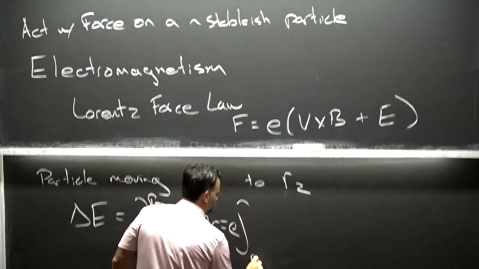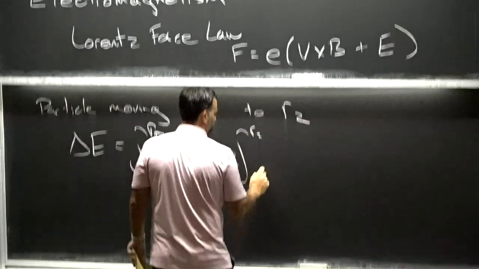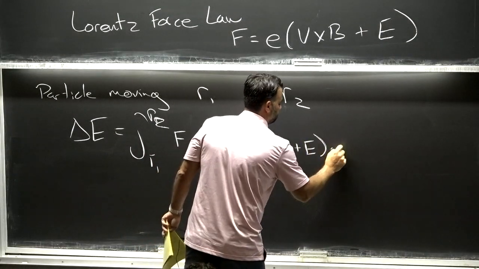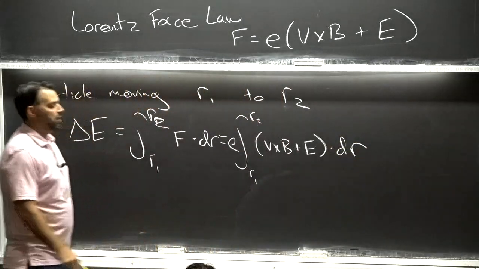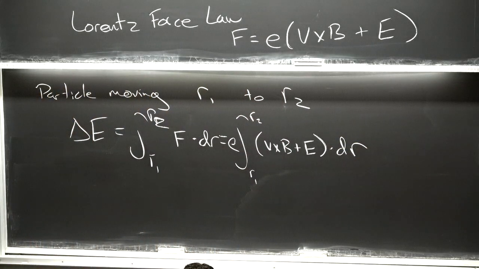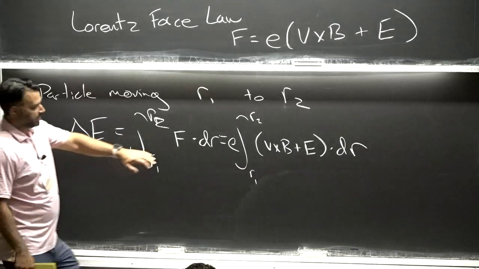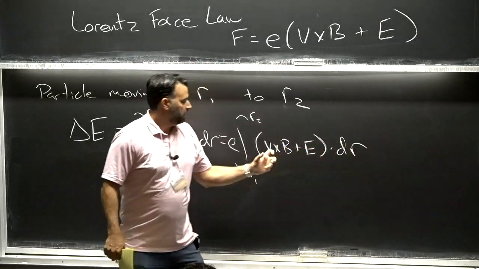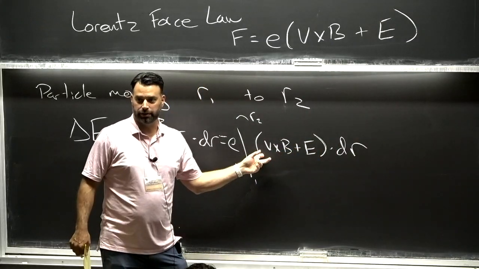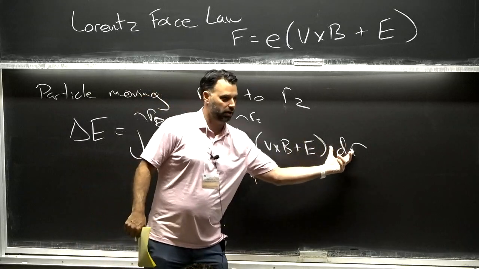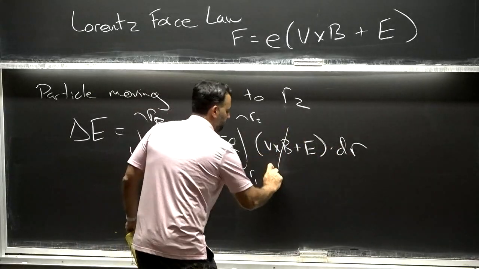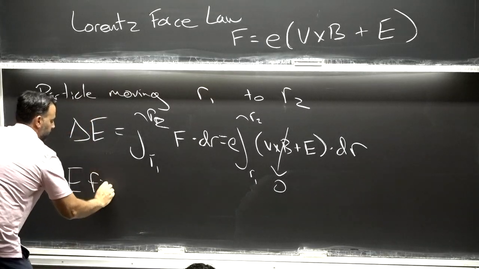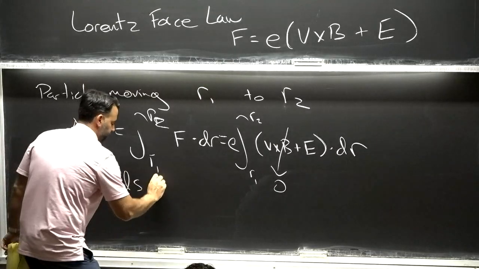So we have our E, R1, R2, and then we have our V cross B plus E dotted into dr. And then you all remember the famous consequence when you learn electromagnetism the first time, is that since our velocity vector is going to be proportional to the direction of our path, this vector, V cross B, will be orthogonal to it, so our magnetic field doesn't do any work on the particle. So therefore, this contribution vanishes. So E fields are the only thing that can accelerate particle energies.